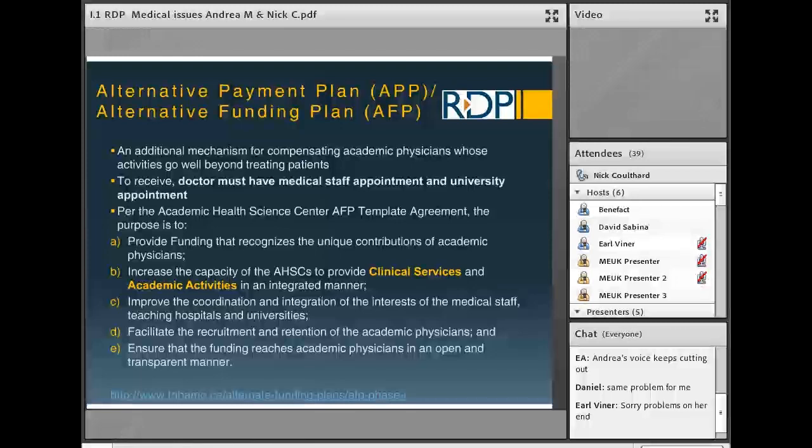It also has some benefits in terms of recruitment and retention of these doctors. So there's recognition that it is difficult to always compete with academic faculty that could be doing